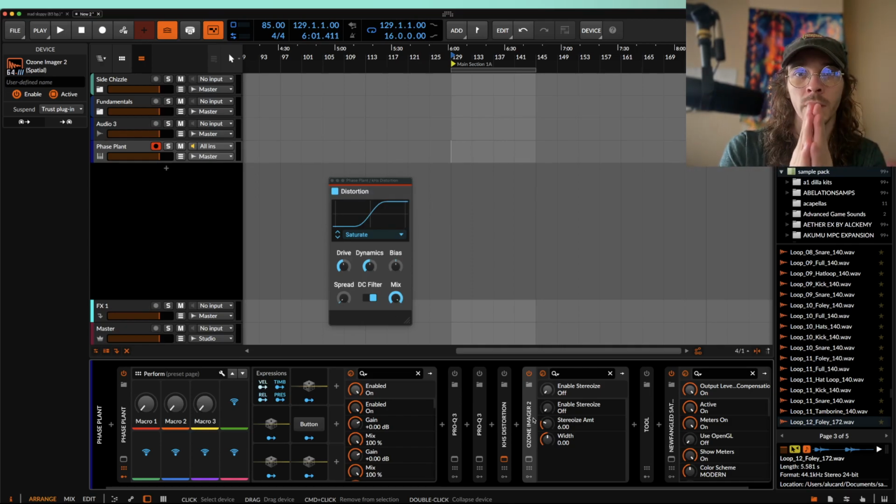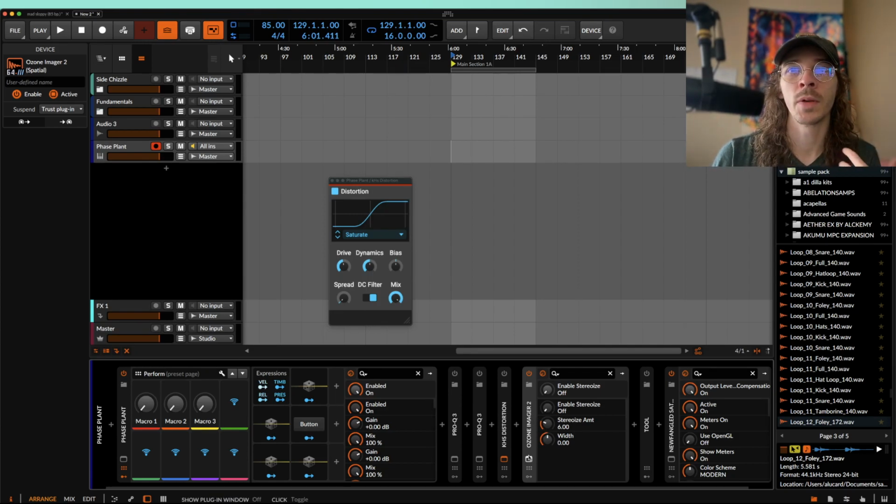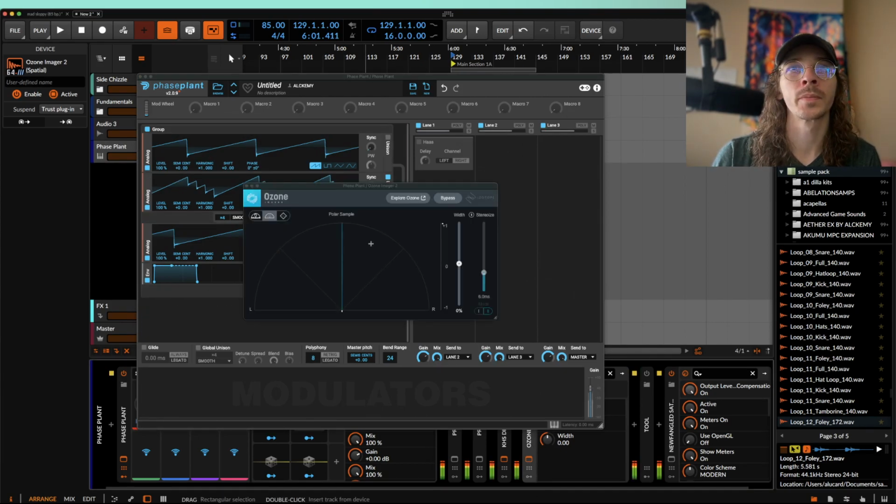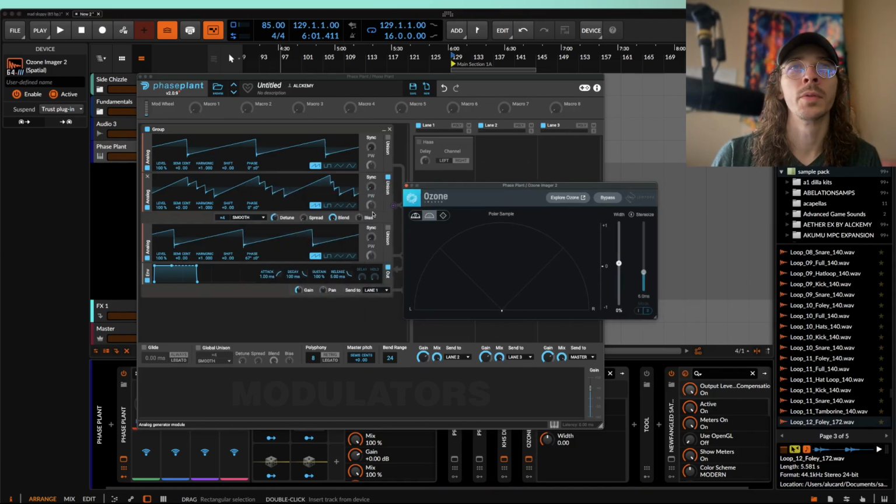So you've got a mono signal, and then you've got your left and right. You've got other stuff too, like mid-side, but we'll talk about that in a different video. But basically, if you want something to sound wide, then you want to create some kind of stereo image. So for example, if I turn the spread down on this and we were to pull up this imager here, everything is completely in mono. If I were to spread it out,